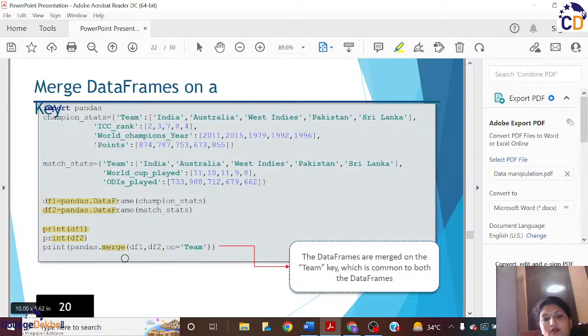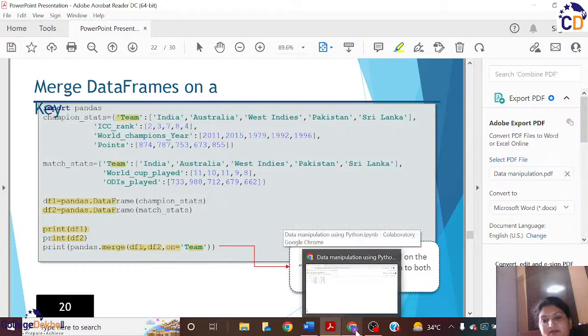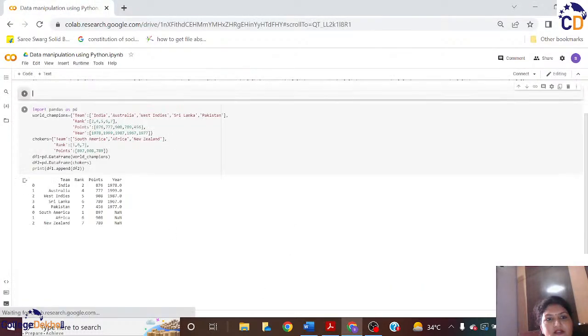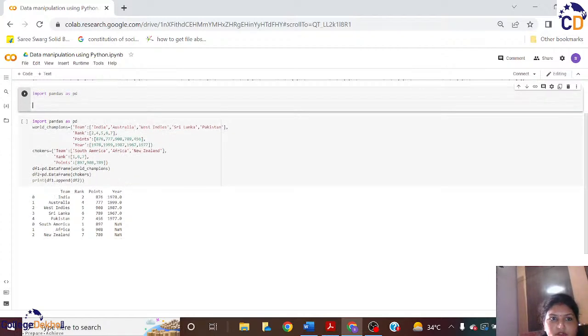In this merge function, what we are going to do is pass the data frames as the values, and the key on which we are going to perform the merge. So here we are going to take it as the team, because team we have in both the dictionaries, right? So let us implement this first. Let us take new code. Now first of all, you have imported the package, and then we can take the